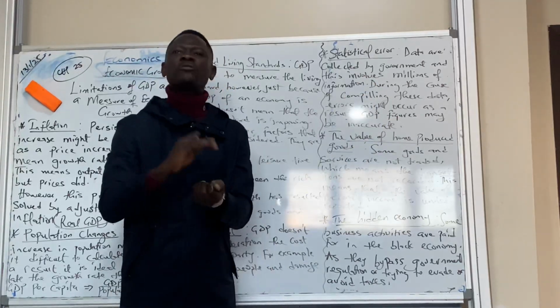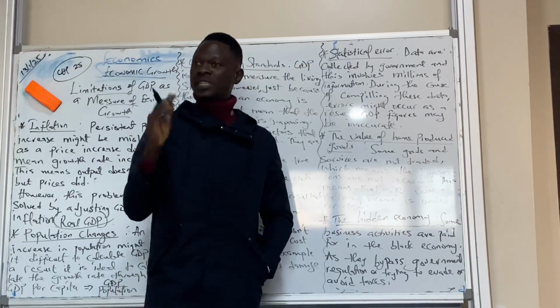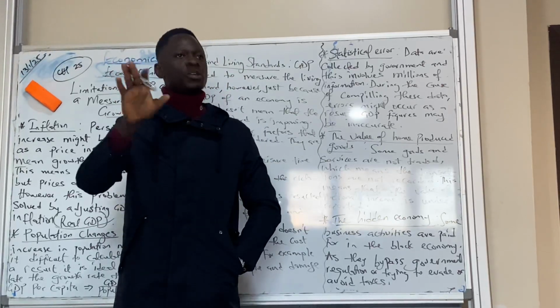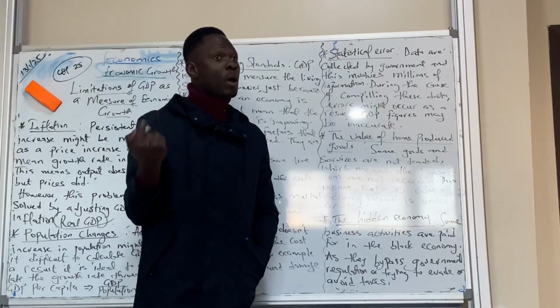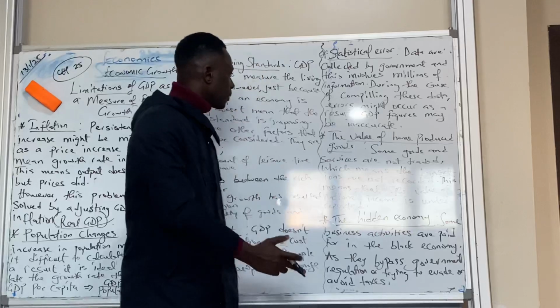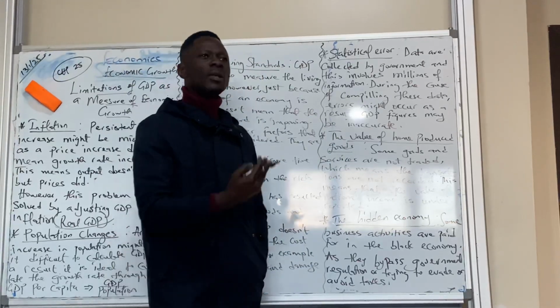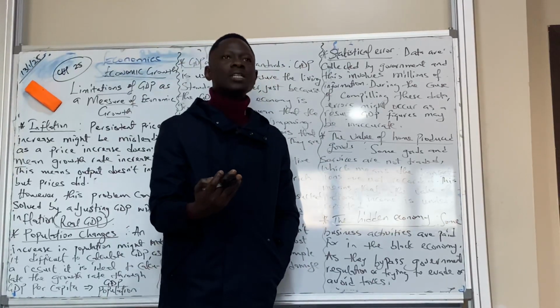So you have to get it right the first time, and that is so difficult. If it is not right the first time, it might be inaccurate. That means the GDP figure we have is not accurate. Do you get the point? The next one, the value of home-produced goods. Some goods are produced. We call them, we have